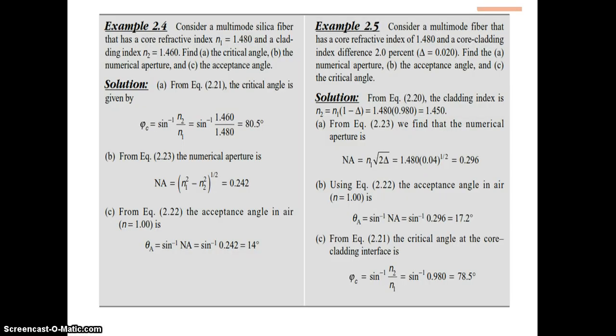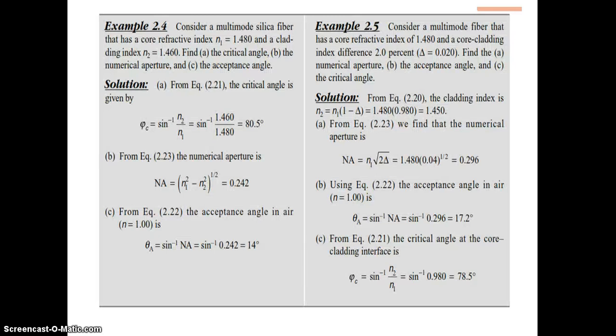Since the numerical aperture is related to the acceptance angle, it is commonly used to describe the light acceptance or gathering capability of the fiber. So the numerical aperture determines the light acceptance or gathering capability of the fiber, and to calculate the source-to-fiber optical power coupling efficiency, the numerical aperture is an important parameter. It's a dimensionless quantity whose value is less than unity, and values normally range from 0.14 to 0.5. So this will be the numerical aperture value.